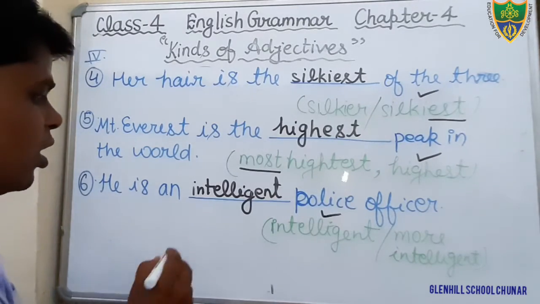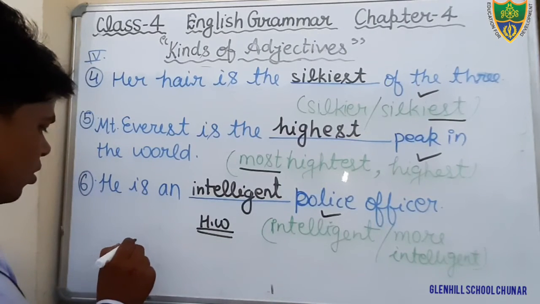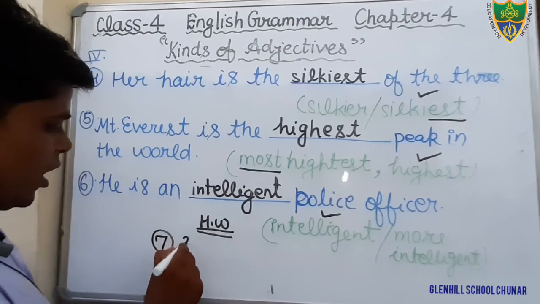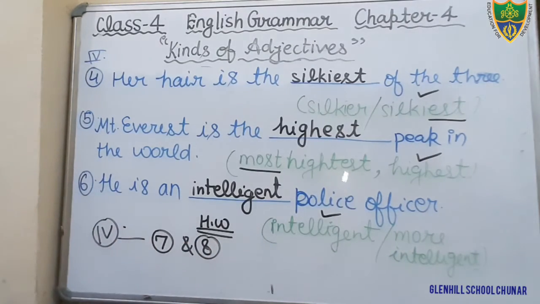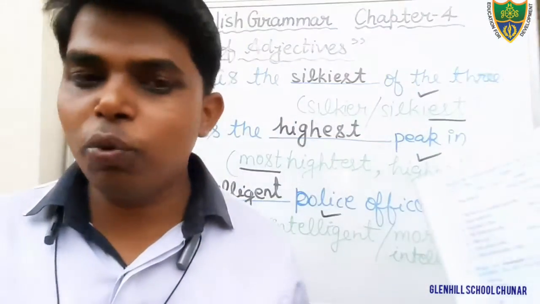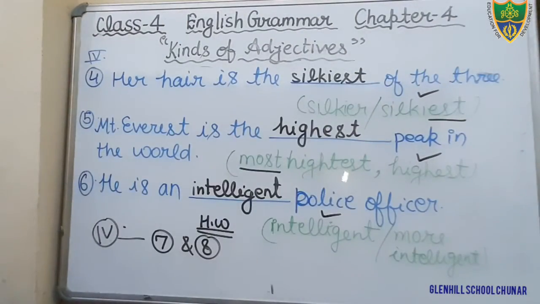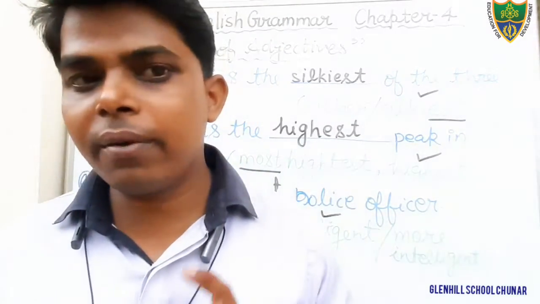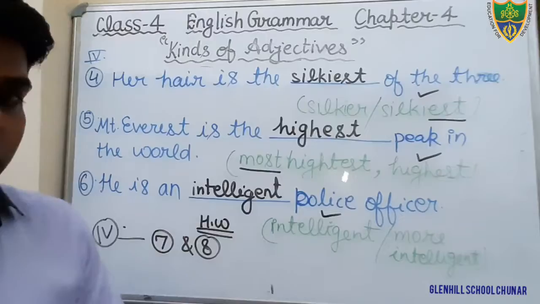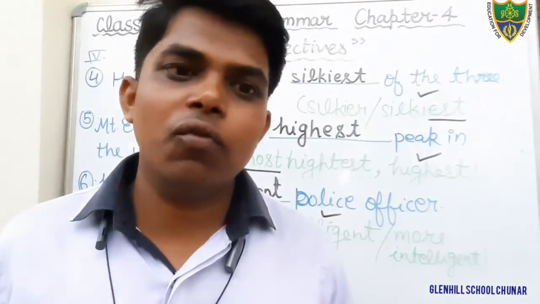Okay students, your homework is to complete question number 7 and 8 of exercise number 4. Two questions I have given you as homework, question number 7 and 8. You will try to do them on your own. So students, today I have completed exercise number 4, and the two questions I have given you as homework are question number 7 and 8. You will complete them. And revise all the previous things which I have taught you.